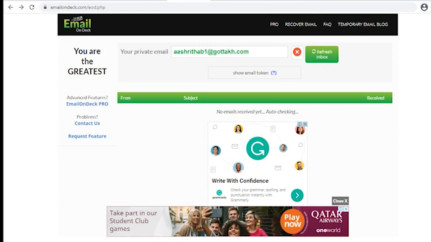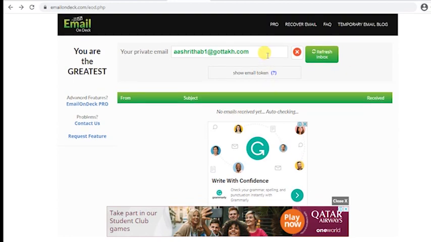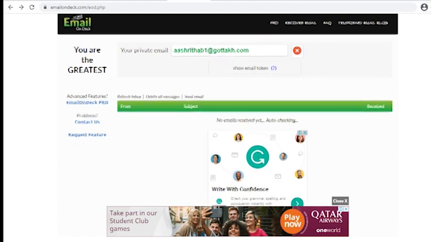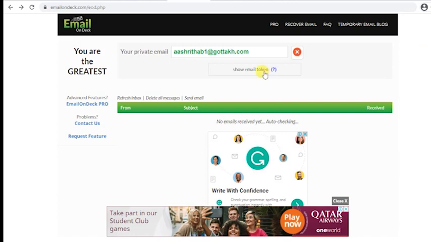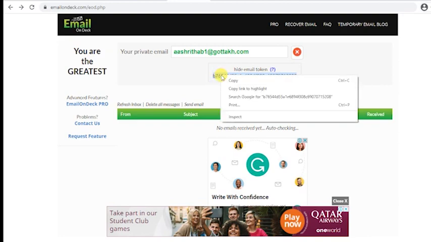Another free temp email service is emailondeck.com. Here also you are given a specific email address and you can refresh your email box, and all the emails you receive will appear here. Here also you have a recovery email token which you can copy down for future usage.